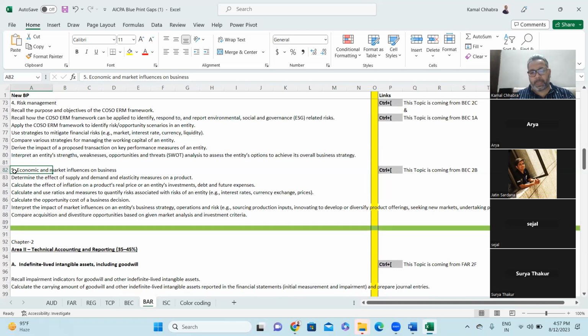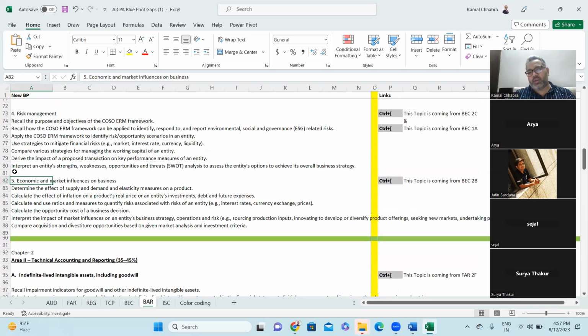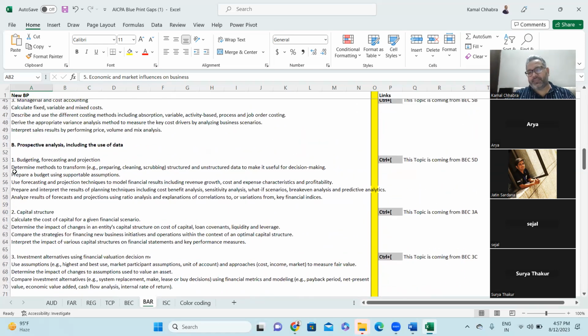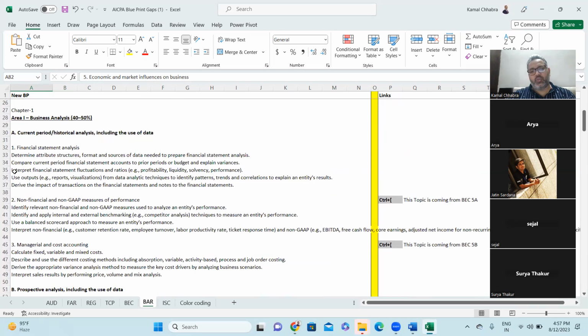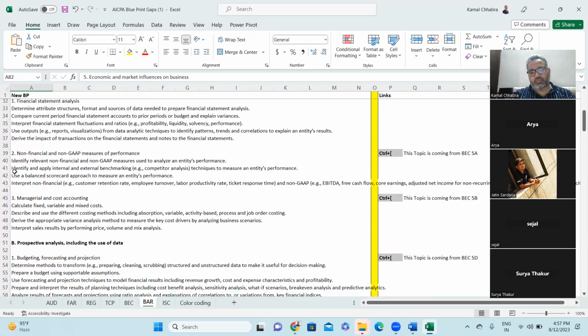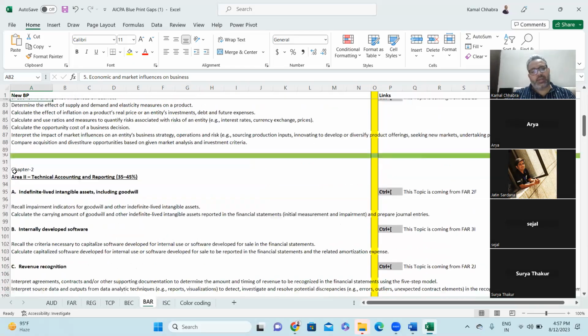So these all topics were earlier there in BEC. Most of them were in chapters 1, 2, 3, and 5, right? So all these areas would be coming from BEC to BAR, right, Jatin? Yes. But the chapter 2